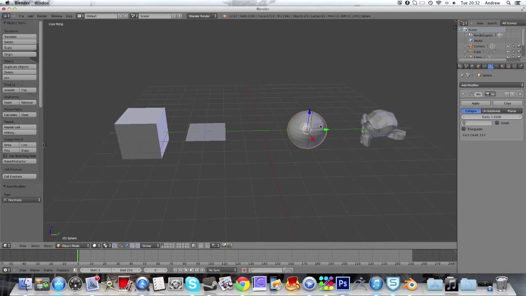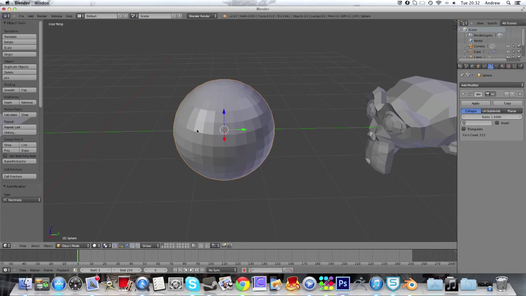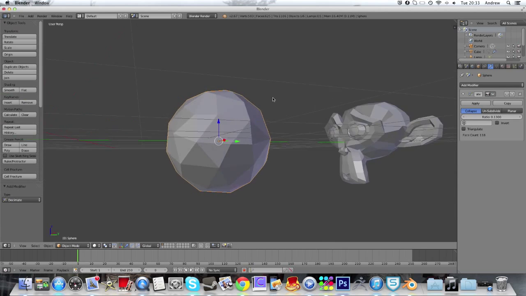Then there's Decimate. We'll look at this on the sphere because we can see all the faces right now. But decimating, say if we want this shape to be less complicated, then what we could do is turn down, or it's like unsubdividing, but it'll work it out with triangles and merging them together. So what we're going to do is turn down the ratio, and this is going to bring them into each other, and we can see that it's definitely less complicated now. It's still keeping the circular shape,